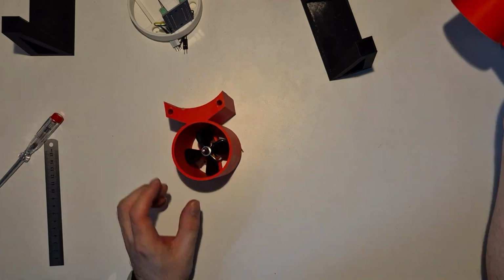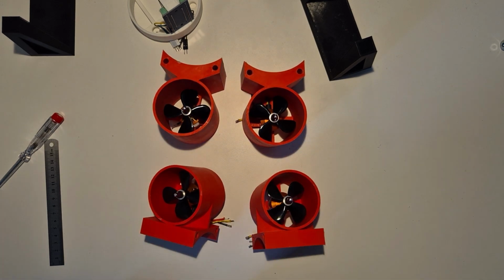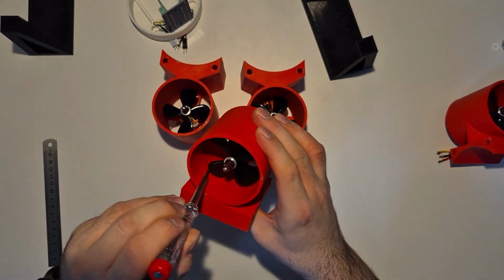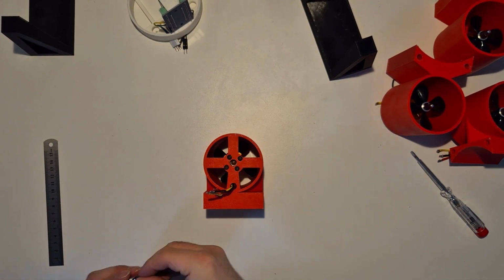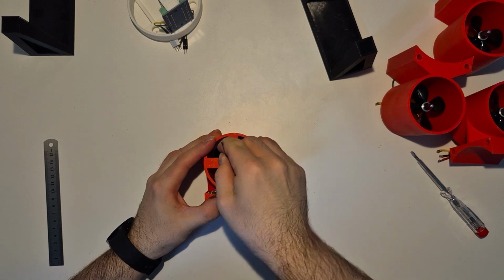The idea was that you don't need a lot of waterproofing. You can just use them under the water, provided that you dry them when they get contact to the air. You dry them and that's fine, they will be more or less okay. So that was the idea, and this didn't play out very well,